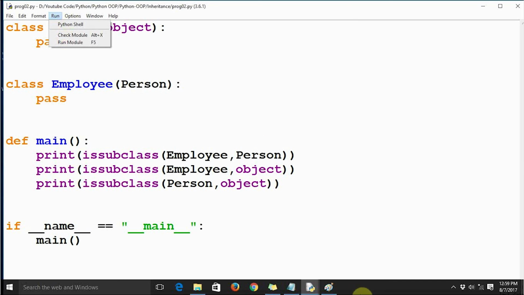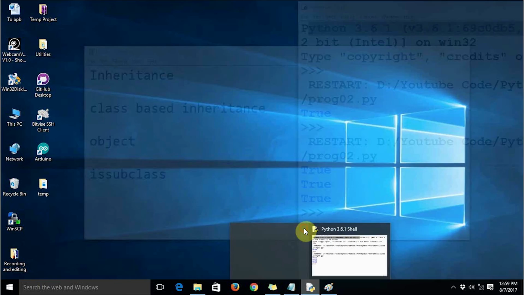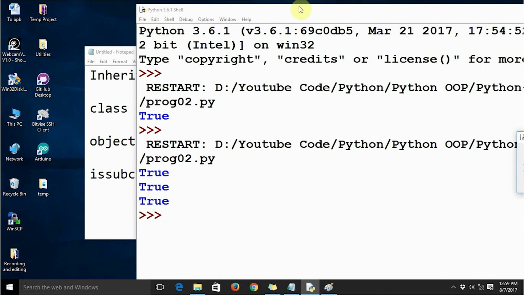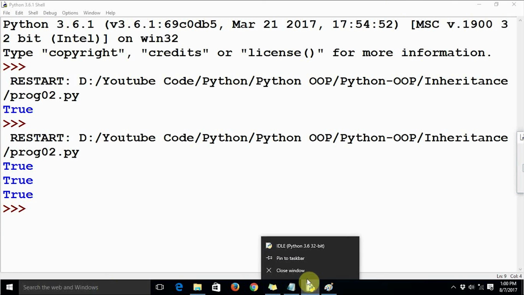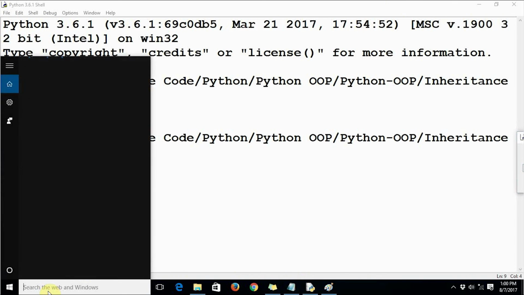Let's try to run the module. Let me close the command window first. Sorry, I closed the wrong window. So let me open the module. It seems that it hung.